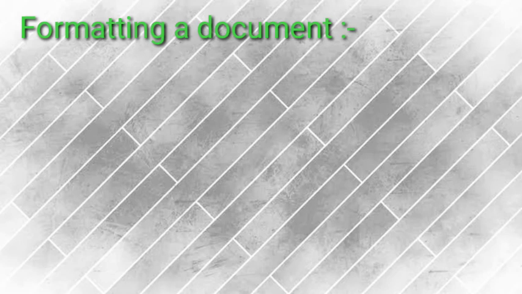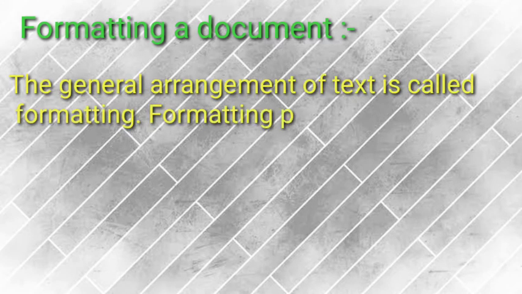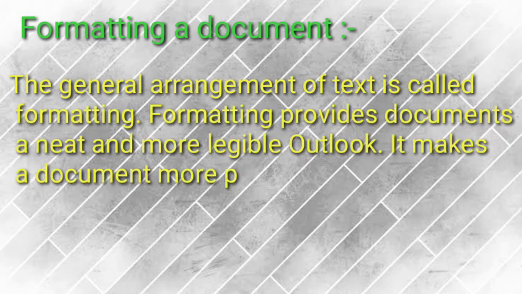So students, now we have understood how many types of alignment there are, and indentation, word wrapping. So what do you mean by formatting a document? Formatting a document actually means the general arrangement of text. Whenever you arrange your text to make it more legible, neat or attractive in front of the audience, to make it more presentable, you provide different kinds of colors, styles, background, border, so all these things are related to formatting. So whenever you arrange your text to make it more attractive with the help of different tools, that is called formatting a document.